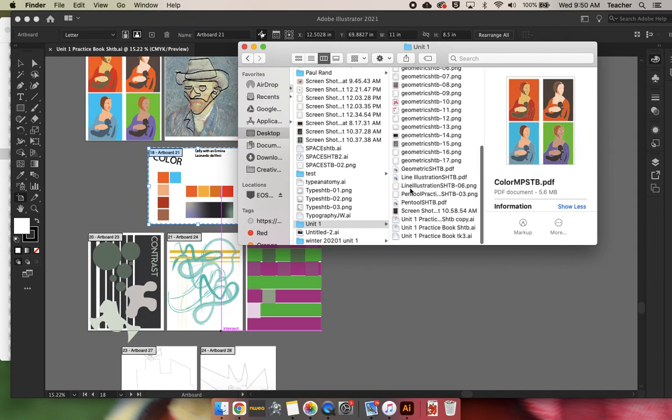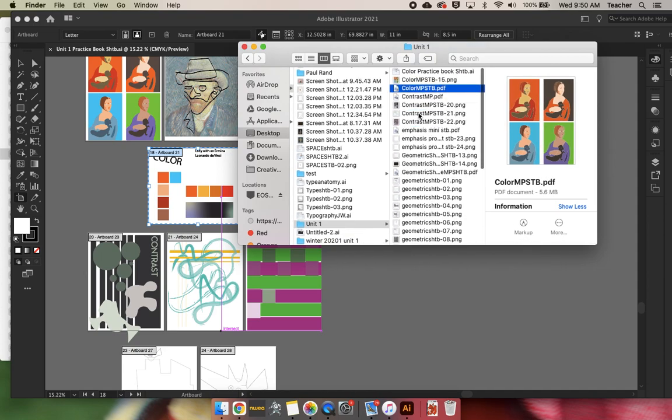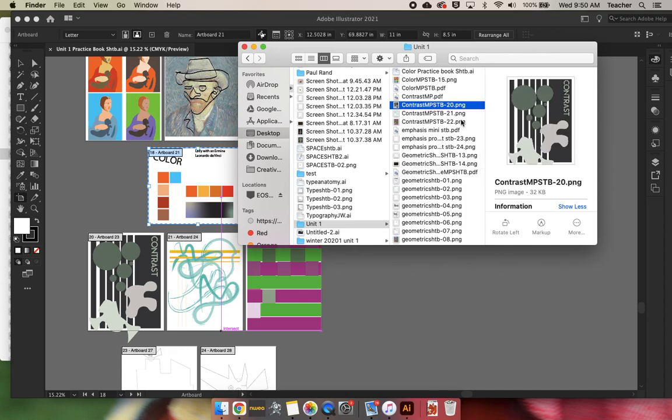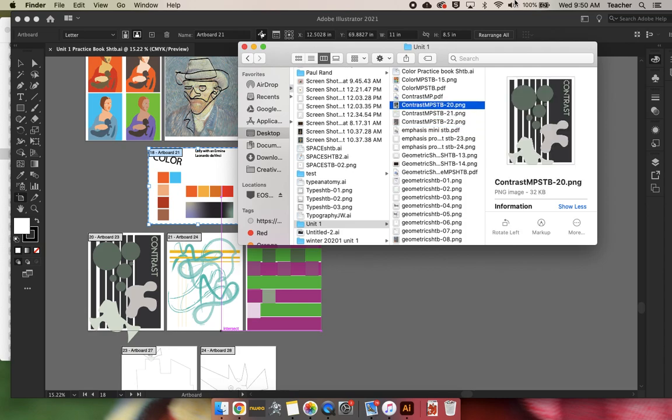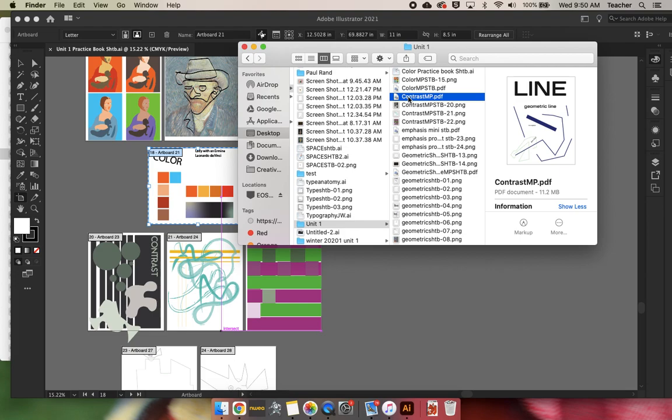Now for the multiple ones, where was I? Contrast, right? So you'll see the contrast PNGs, those saved each as a different file. And that's totally fine. So each of those will be a separate file that you'll put up on your website. Contrast mini project. Oh, and it looks like this one saved all. So to get my PDF here again, I would want to make sure that I go back and only